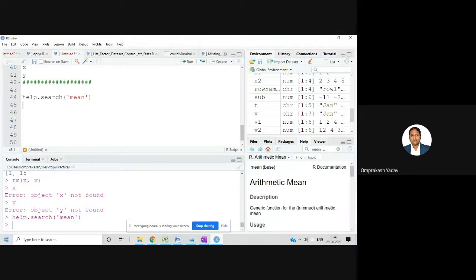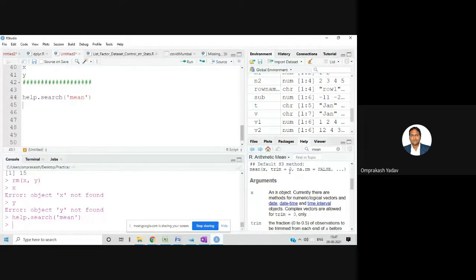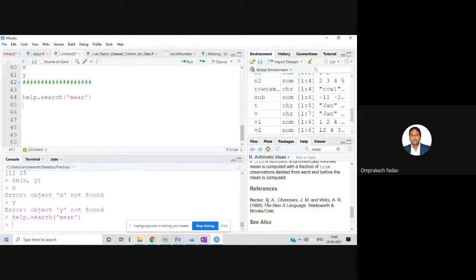So I put mean over there, and I got this particular search. Okay, this mean function. Clear? And with the mean function, it will also show you the uses of that function, like it's showing me x comma t. A few parameters are there, but right now you won't be able to understand. Once we progress ahead and finish this, you'll be able to understand how to read all those things, and I'll be explaining that too.